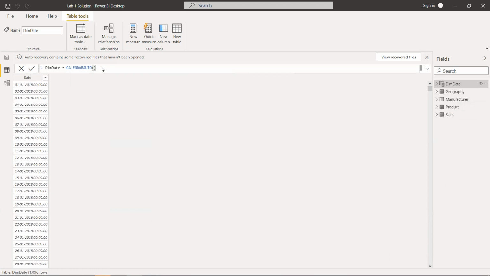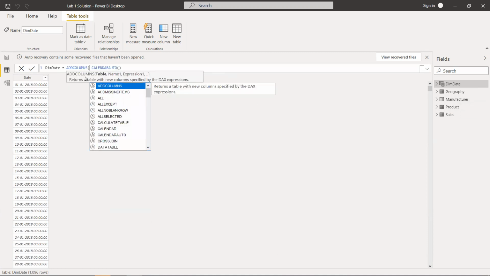And further, if we need to add some columns to this very table, we could use a function in this very formula. We could use add columns because we are adding columns. If we see over here, in add columns, firstly we need to specify the table.